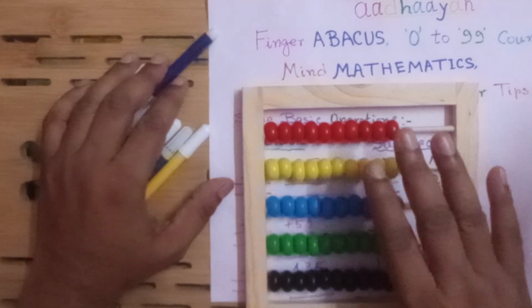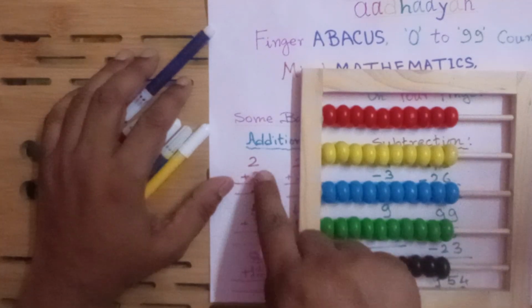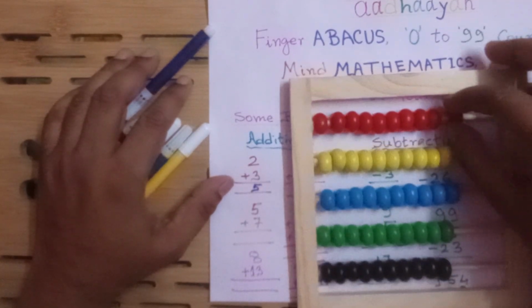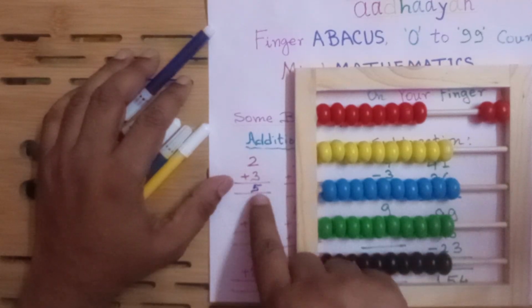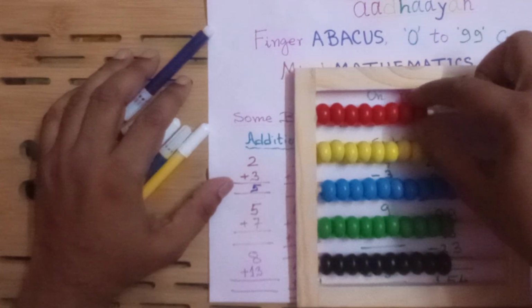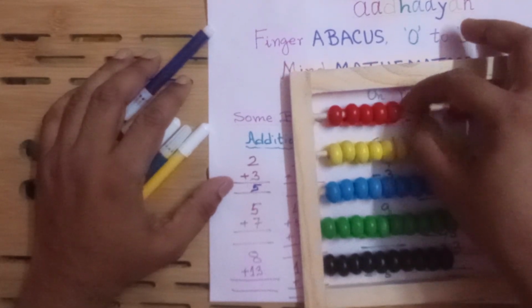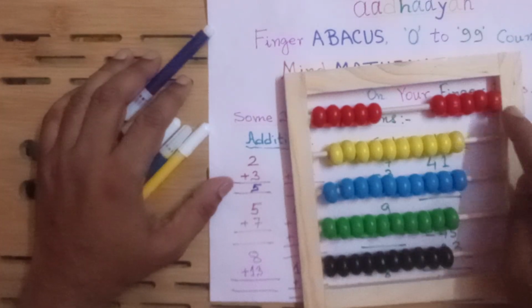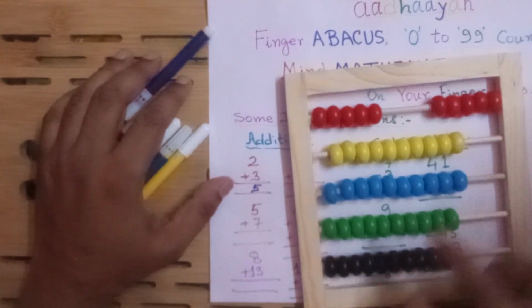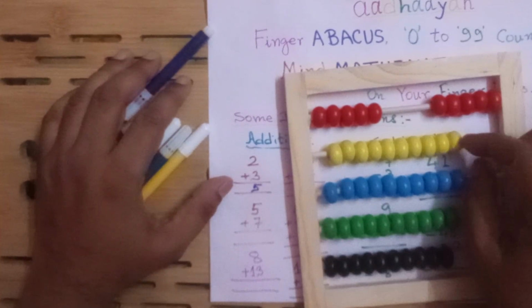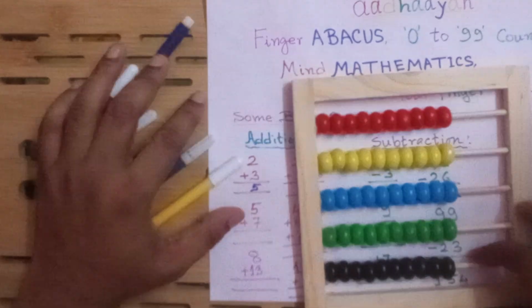In this abacus formation you can see 2, 1 and 2. After that, sum with 3. So 1, 2, 3. So altogether this is 1, 2, 3, 4, 5. Like that. The next one, go to all 0 position.